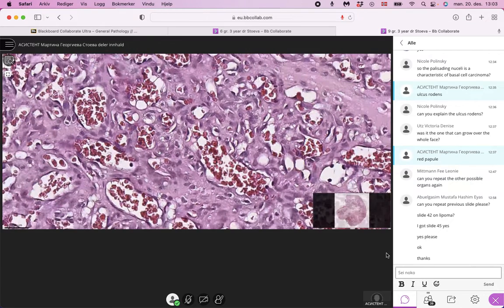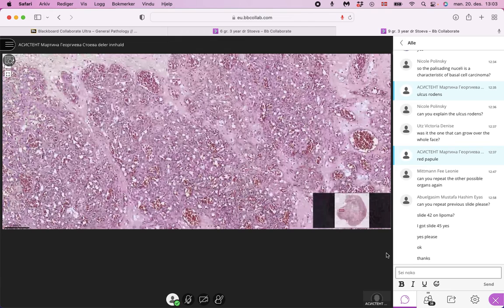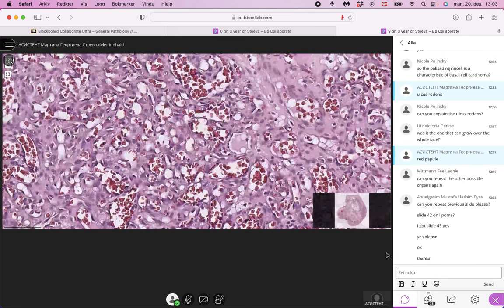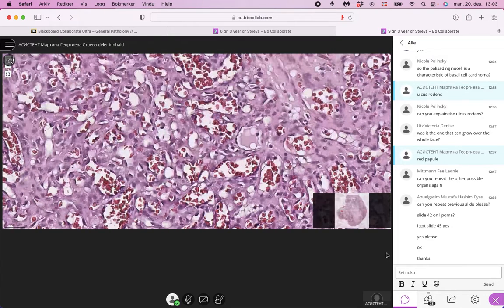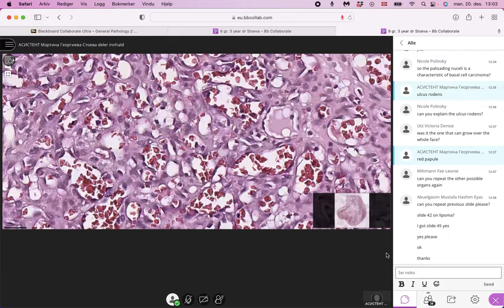Here again, doesn't matter where you zoom in, we have proliferation of endothelial cells forming capillaries. And it's really important that the endothelial cells show no features of cellular atypia again,